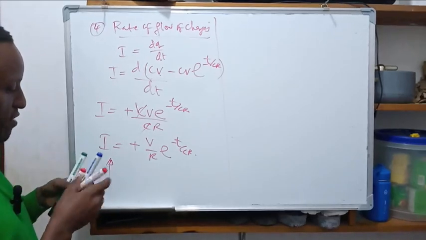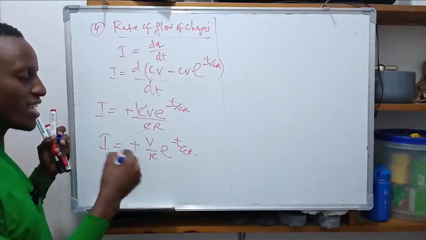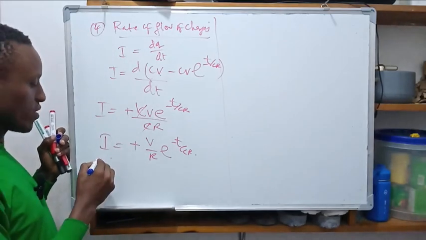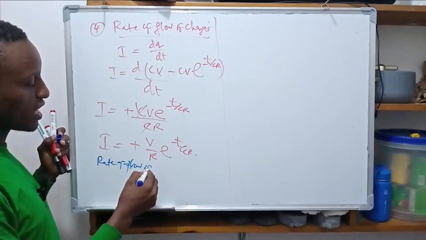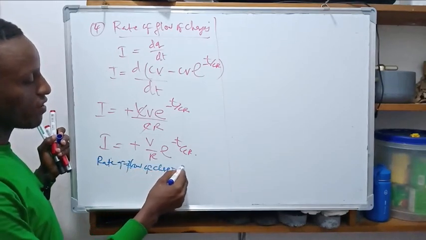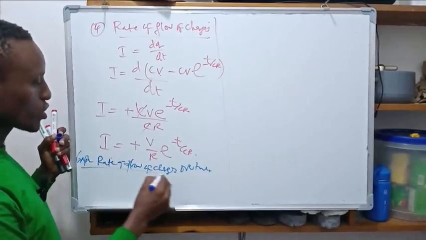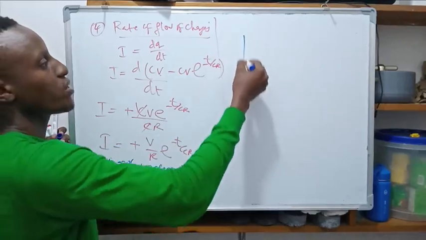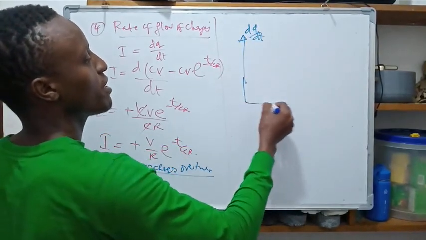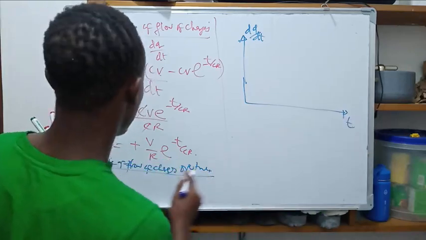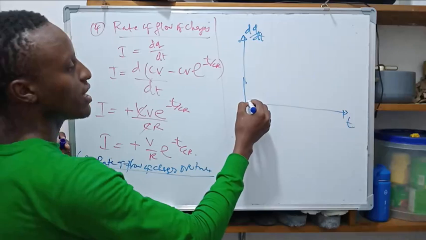The nature of the graph. This is the graph now: the graph of the rate of flow of current with time. So, the rate of flow of charges over time. What about the graph now? We can just draw it like this. This is the rate of flow of charges, charges flowing per time. When we are drawing the current over time, its nature will just be,